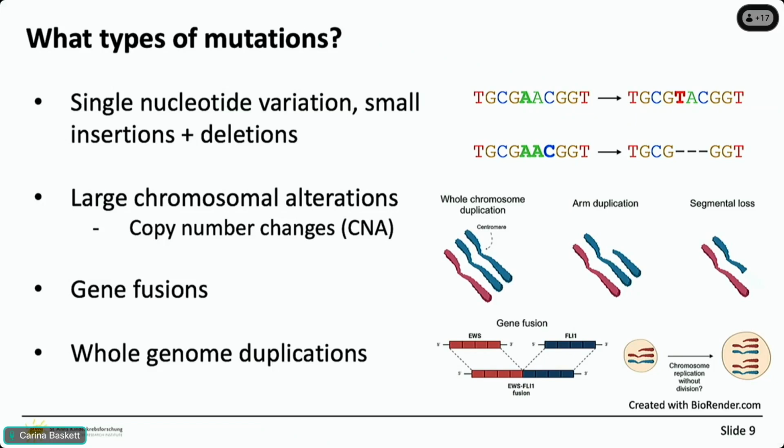And also one very interesting phenomenon for me too is whole genome duplication. So this happens in around 40 to 50% of cancers. And essentially what we think is happening is that the cell is trying to divide and it duplicates its genome, but then it fails to actually divide and suddenly it has twice as much DNA content. And like I said, this is actually very common in cancer, and we're only really beginning to understand why it's so important.